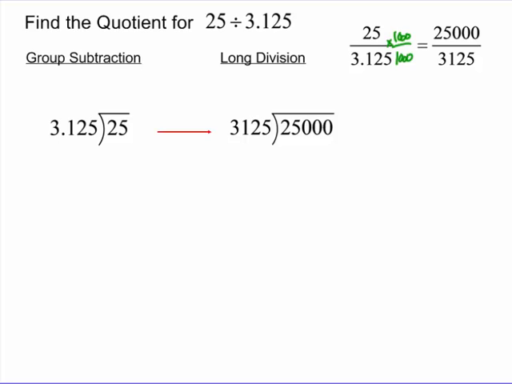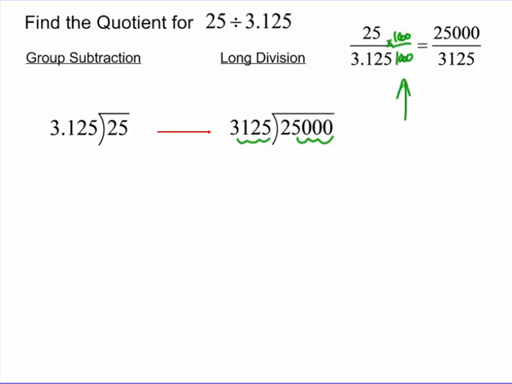Or the shortcut: 1, 2, 3 jumps. Start here with the 25, 1, 2, 3 jumps. It's the same as multiplying by 1,000. This is mathematically better to understand, but eventually the shortcut for a lot of people is they just count the jumps. So if someone explains it to you that way, you really know that they're multiplying by 1,000. So now we can look at how many